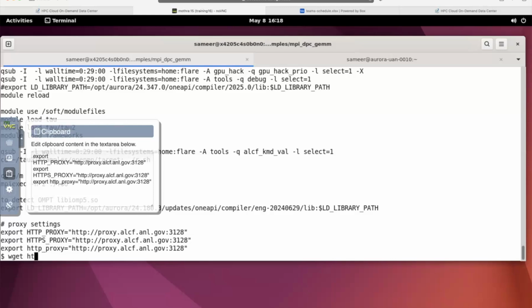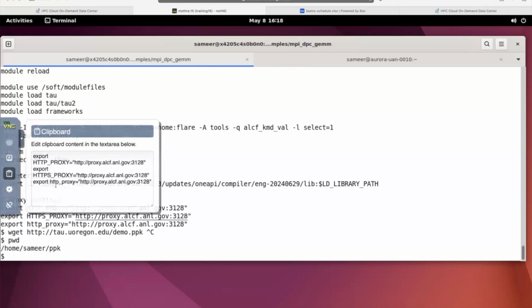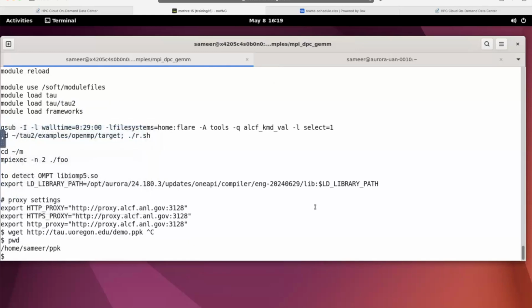I did wget like this. Here's a ppk file. I create a ppk file by saying paraprof --pack and foo.ppk in a directory that has profile files. Then I can delete the profile files. And with this, I get a GUI